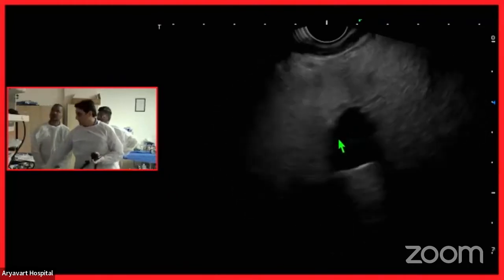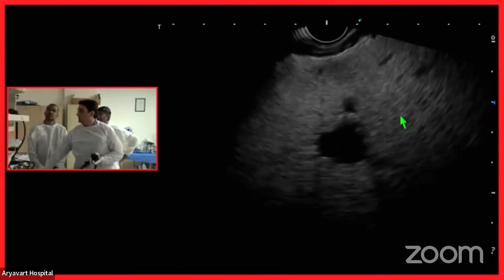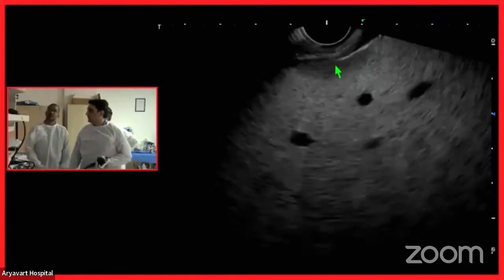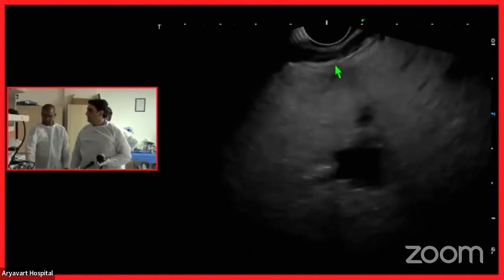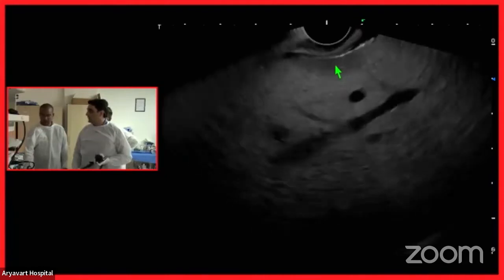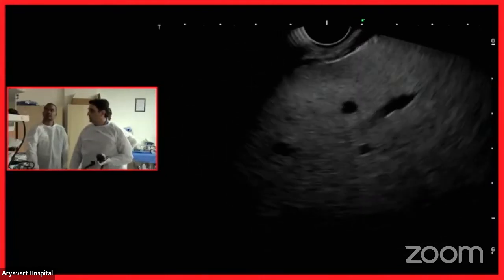Yeah. So we can see the focal fatty sparing in between. We can see the areas adjacent to the probe. You can see there's a hypoechoic area in between. So this could be a focal fatty sparing. And normally we do biopsy from the left lobe of liver, and it's segment 3 mostly because we take the